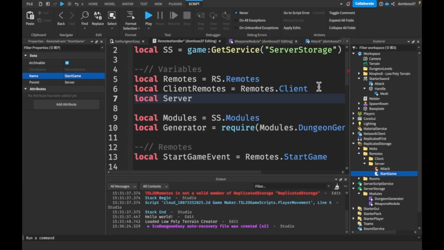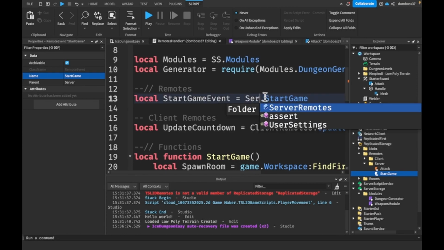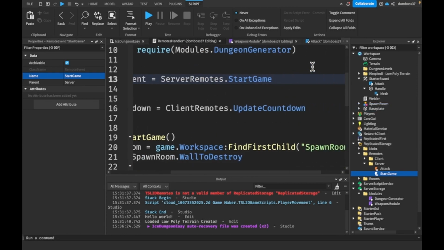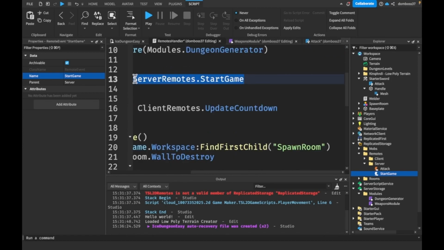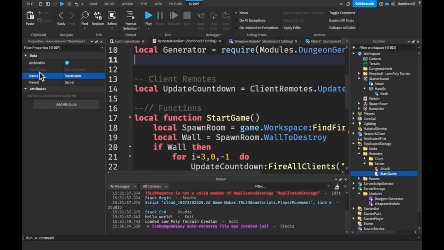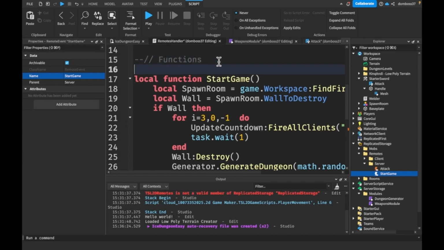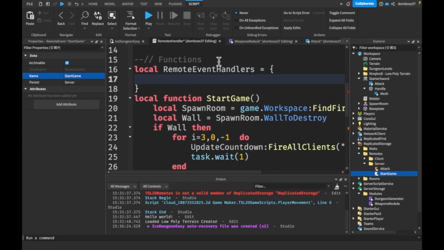Local serverRemotes is equal to remotes.Server, and then this is going to be equal to serverRemotes.StartGame. Actually, we don't need this anymore, because what we're going to do here is have local remoteEventHandlers is equal to